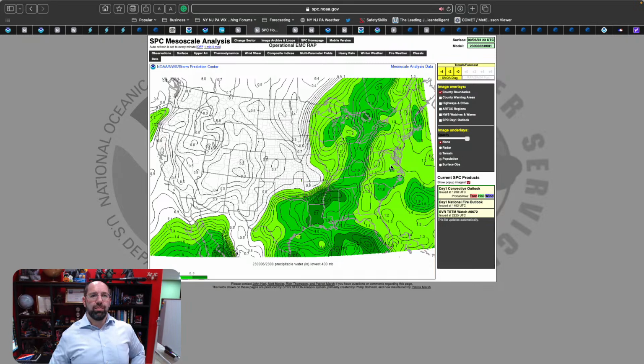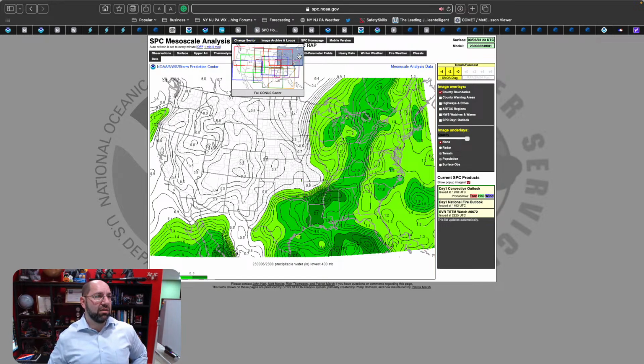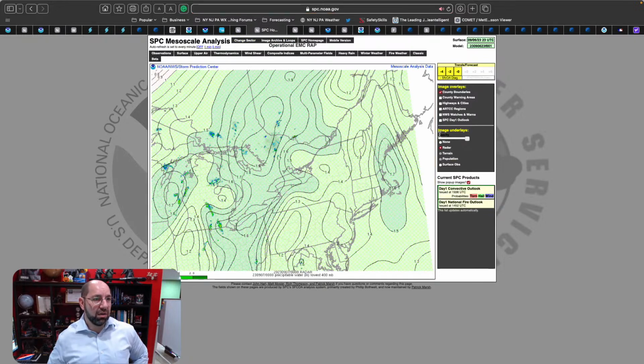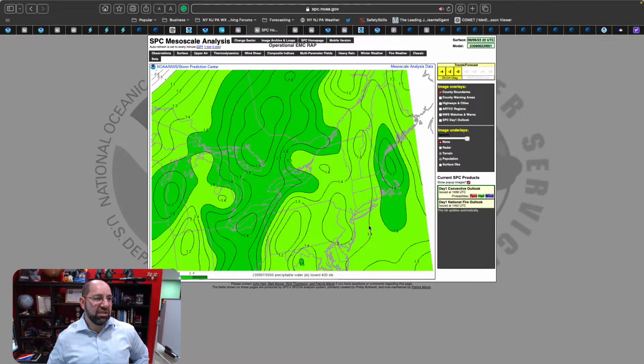So with precipitable water values ranging, let's see if we can zoom in on this, from about 1.3 to 2 inches, that's going to support the potential for some very heavy downpours with each one of these showers. Not a widespread event,